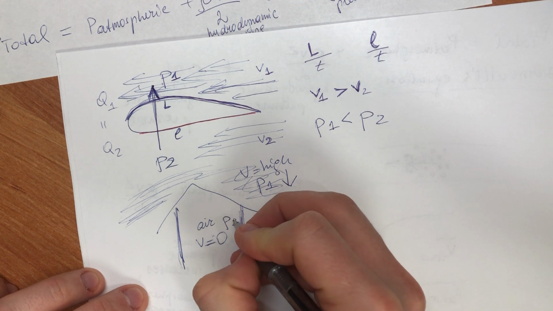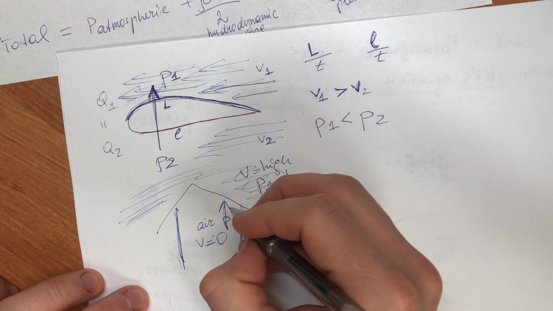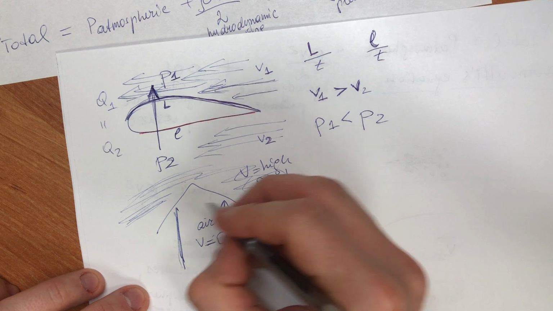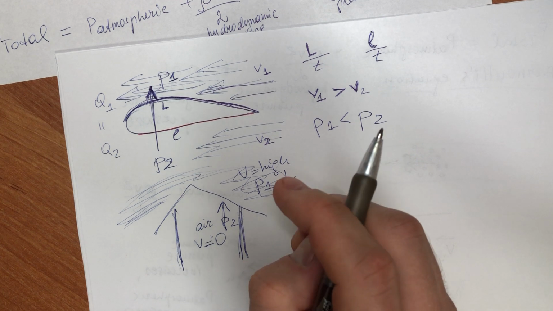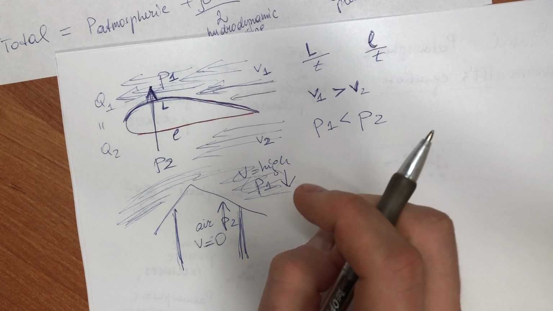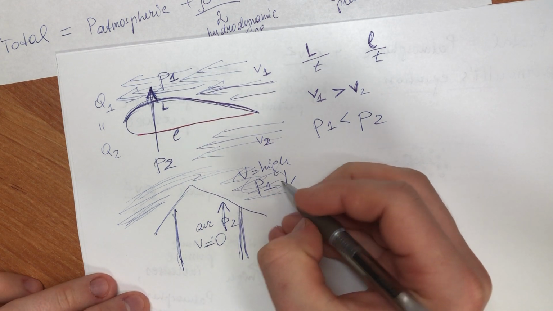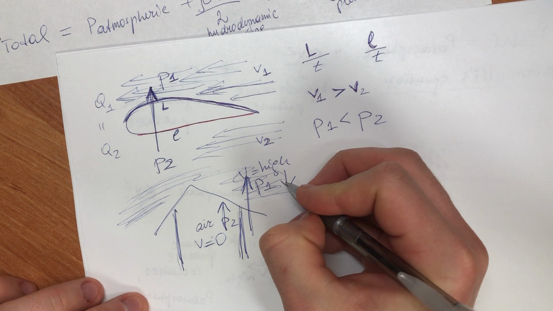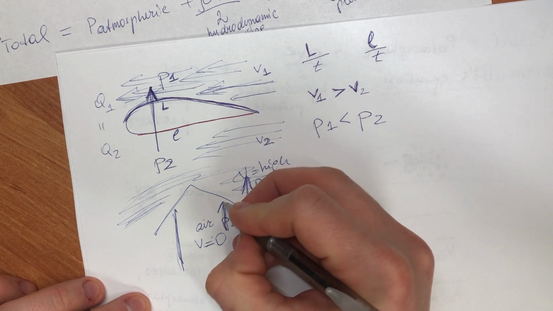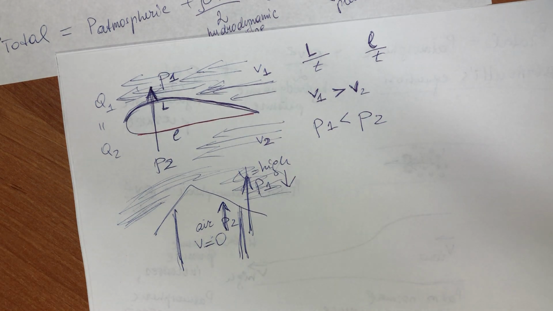Here atmospheric pressure is big, so that's why it is a tornado which tears the roof off, but it is the difference in atmospheric pressure which produces the lifting force. So P1 is lower, P2 is higher, and that's why the difference in pressure tears the